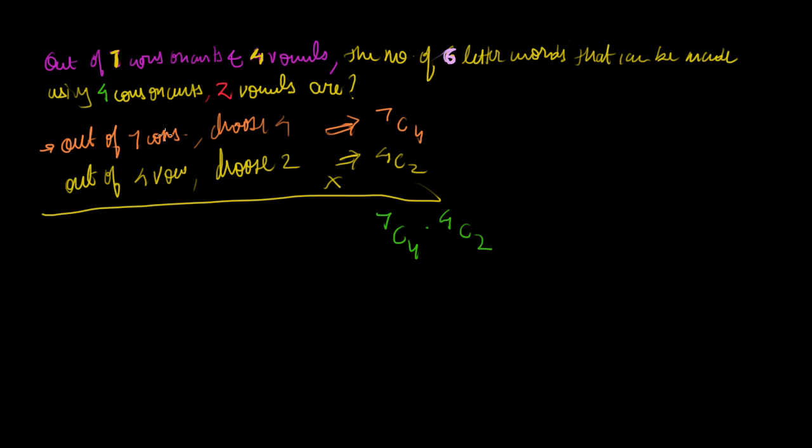Which implies that I cannot just choose 4 consonants out of 7 and choose no vowel at all, because I have to make a 6-letter word, right? So they're not independent of each other, I guess you could say. They are kind of related, so you have to multiply those. Okay, so that's our answer so far, but this is not the final answer, because let's take